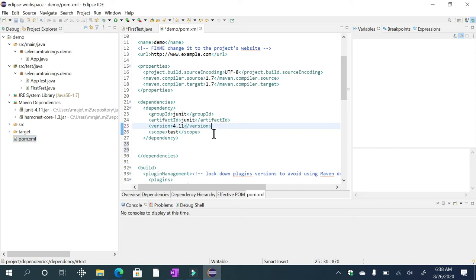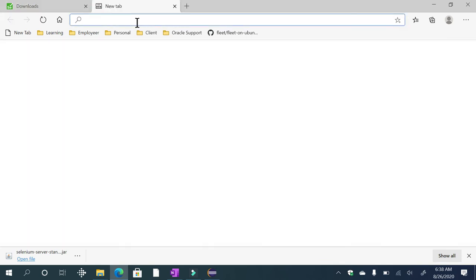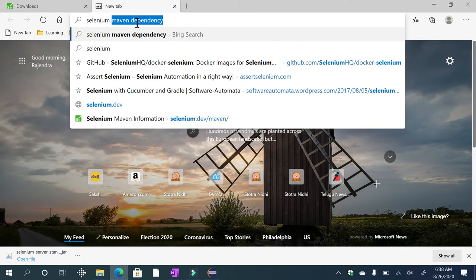Okay, now let us look at how we add the Selenium dependency to your project. How do we know the group ID, the artifact ID, the version? To know that, you can ask Google: Selenium Maven dependency. Look at this, guys.